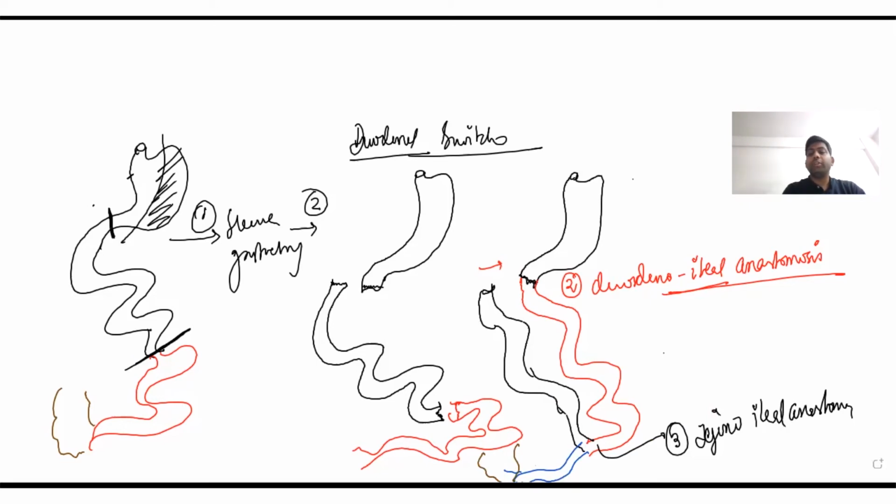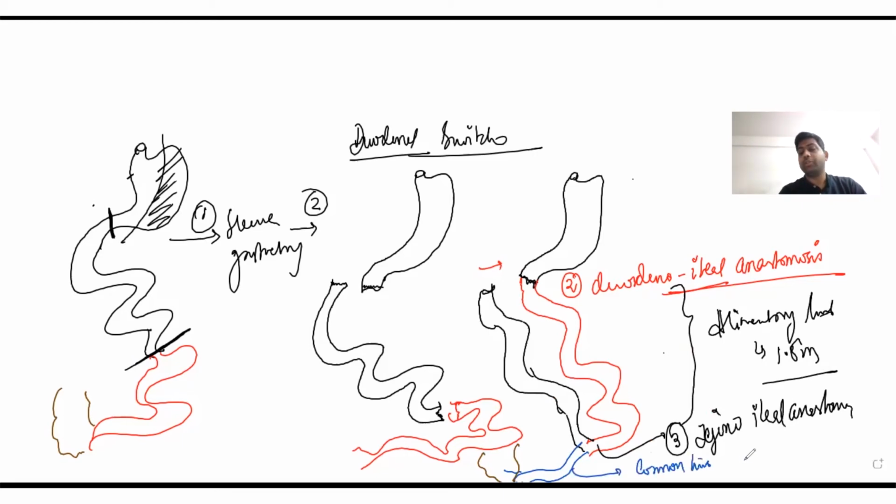What we have to understand here is, how is it different from the typical biliopancreatic diversion? Number one, the length of this alimentary limb here is 1.5 meters, compared to 2 meters in the BPD, and the length of the common limb here is 1 meter. So there is less malabsorption compared to the biliopancreatic diversion, and so there is less fat malabsorption and less steatorrhea. But not only that, it also prevents the formation of ulcers that occurred because of the direct gastroileal anastomosis. Apart from that, we also do cholecystectomy and appendicectomy in this procedure too. So this was the duodenal switch operation.